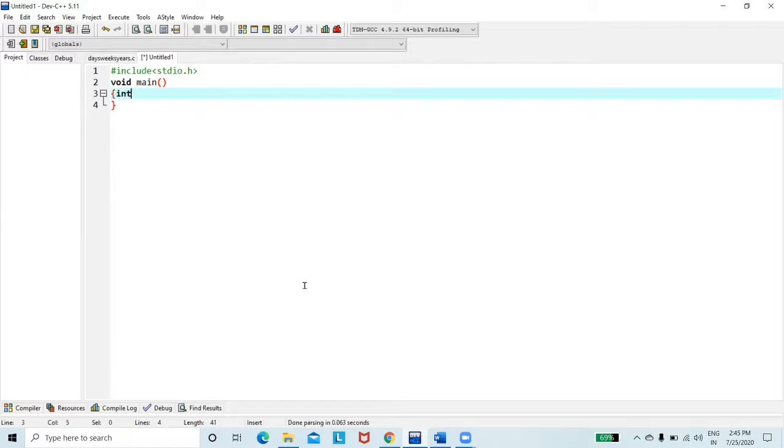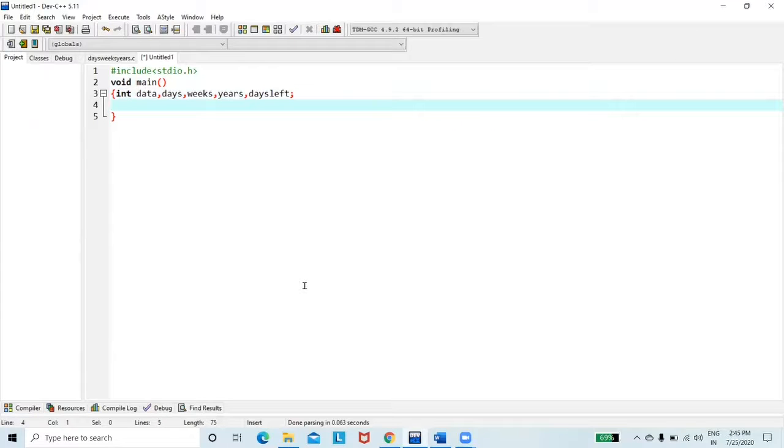And I'm declaring the variables. I'll store the input data in the variable data. And some more variables: days, weeks, years, days left. Okay, semicolon.